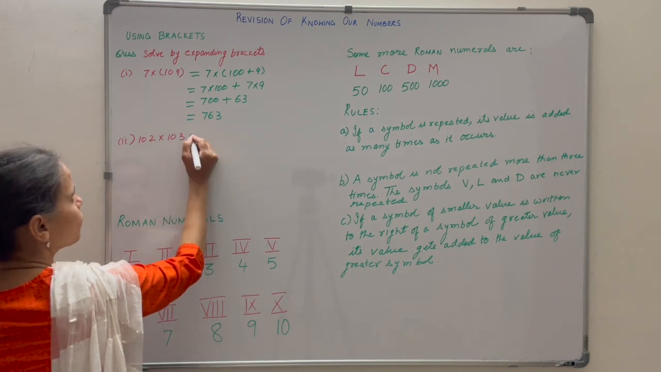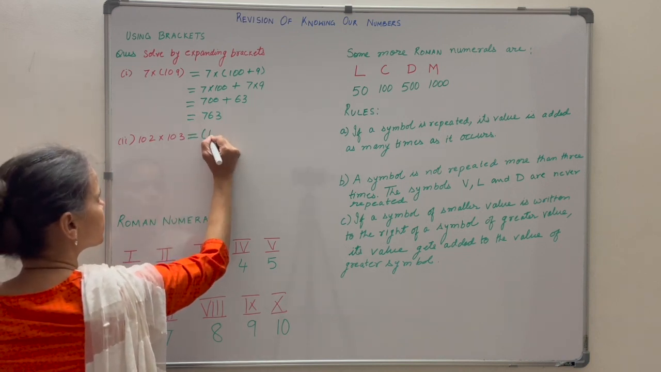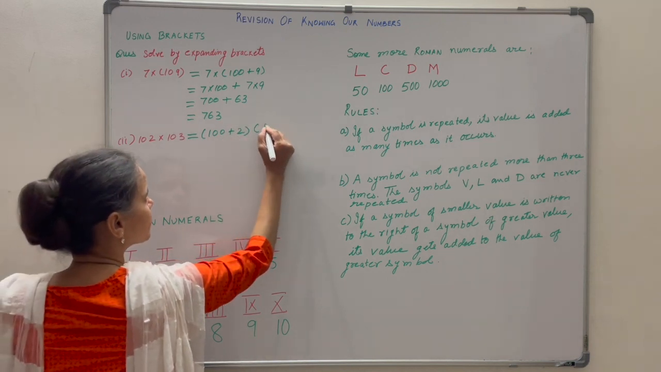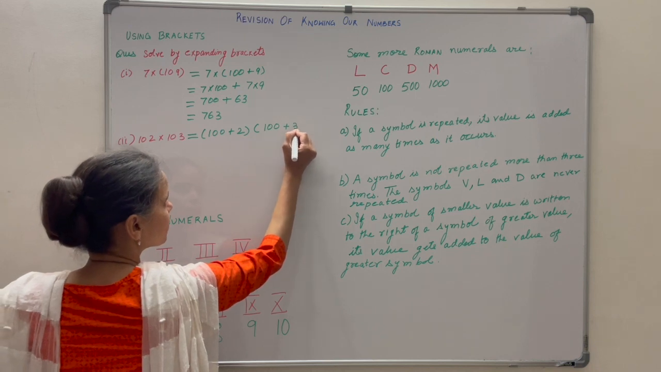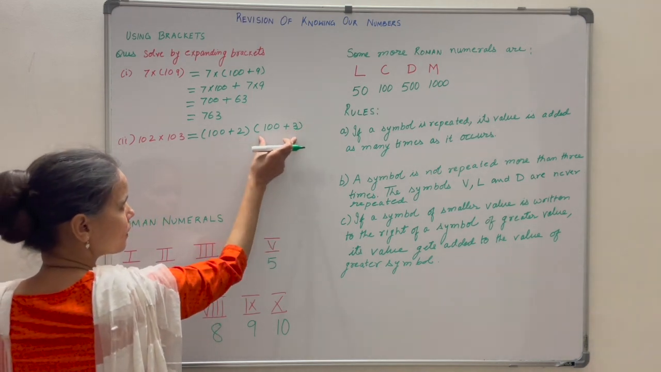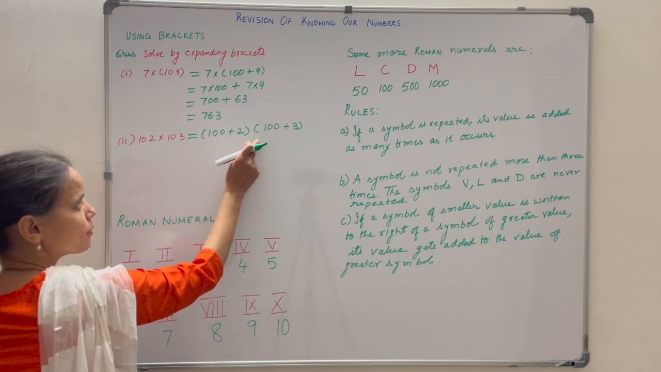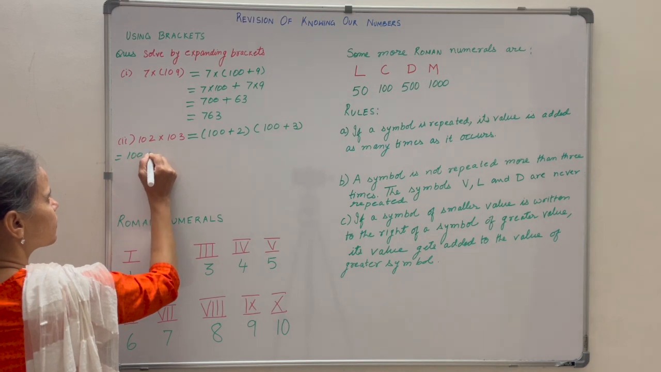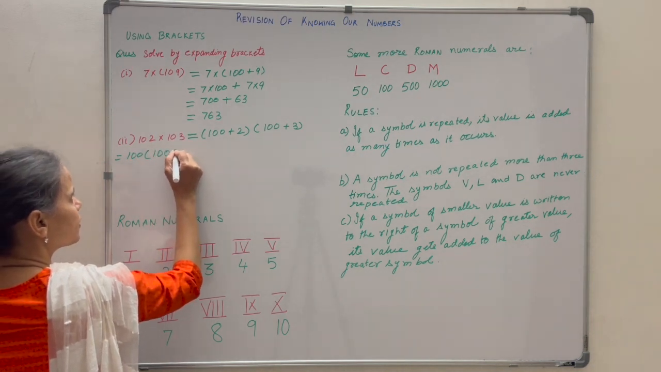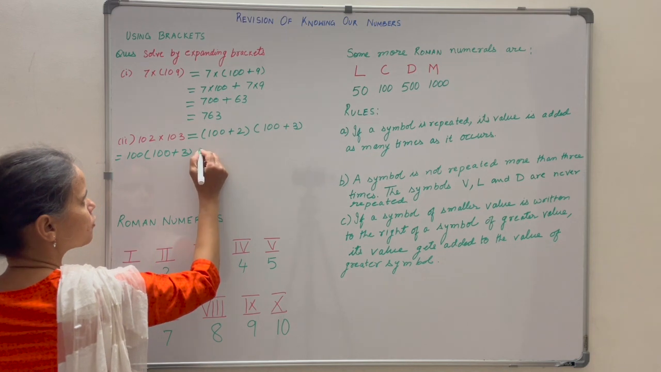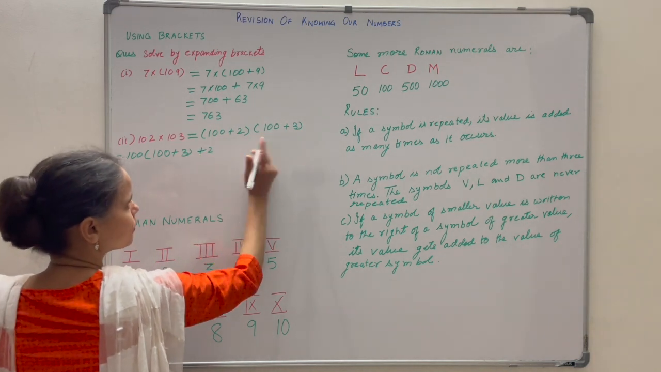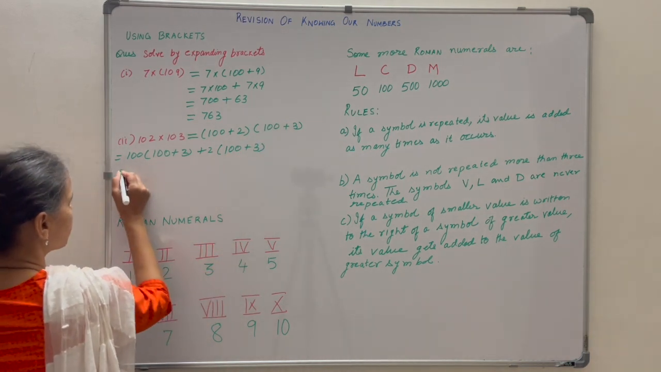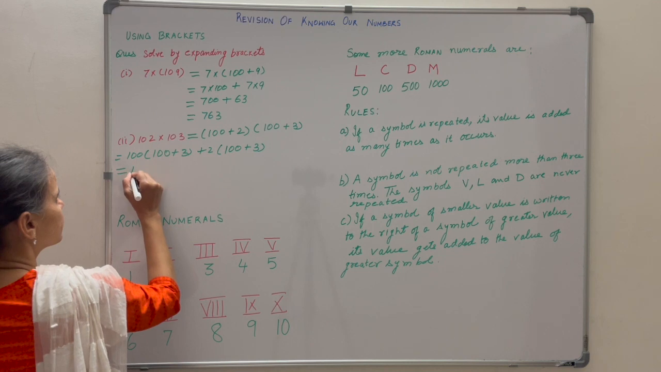763. Now this 102 can be written as 100 plus 2, and 103 is written as 100 plus 3. This is multiplied with this. So first 100 will be multiplied to this second bracket. So that is equals to 100 is multiplied to 100 plus 3, plus 2. It will be multiplied to the second bracket now. 100 plus 3. So here 100 into 100, it is